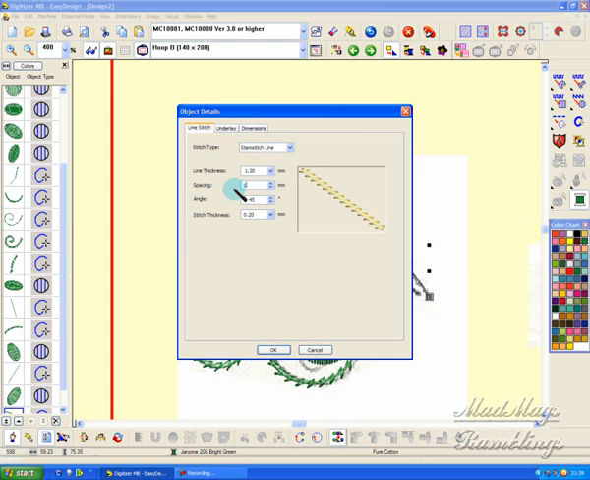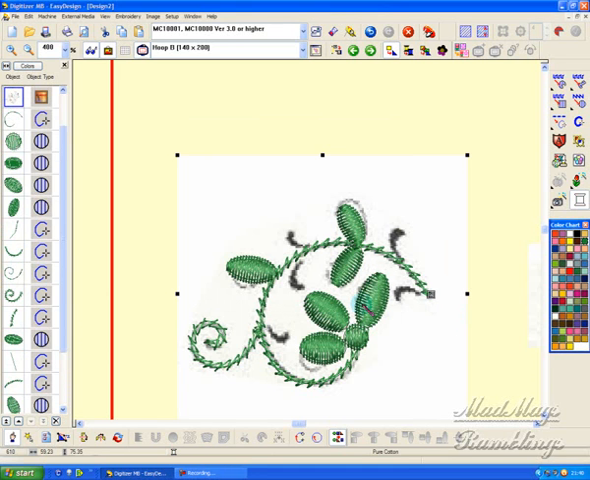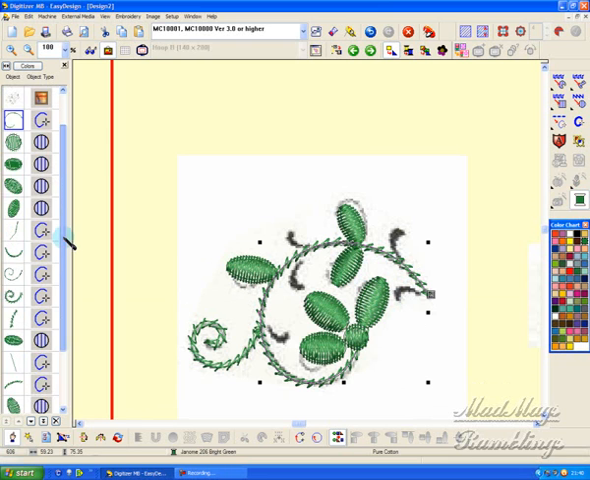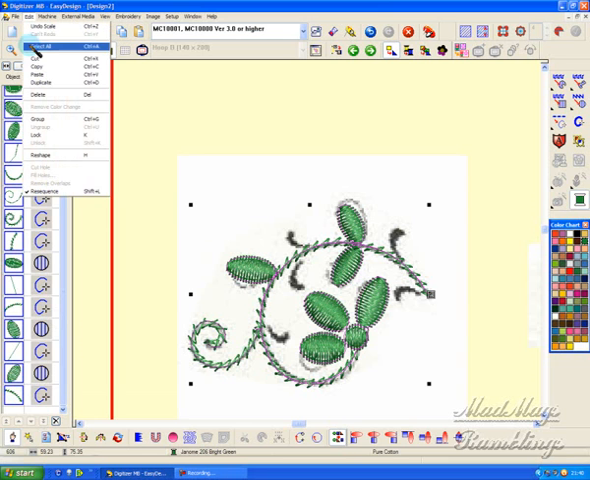Now this is all good practice for you to get used to using your object details box and practicing using the reshape tool for the various objects. For instance, I still don't like that. I think it's too chunky. That's a bit better. So I'm going to highlight that one, hold down my shift key, highlight that one, go to edit, group,